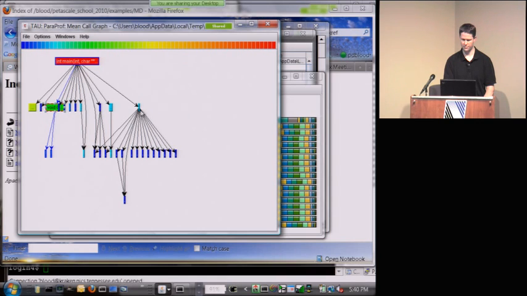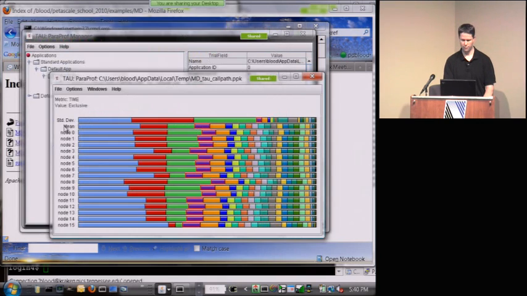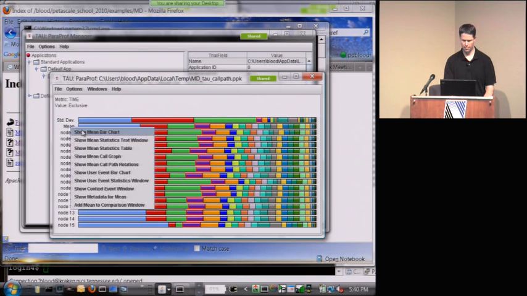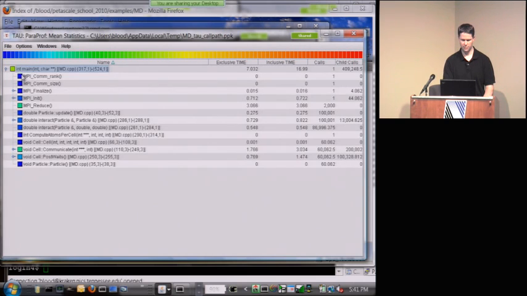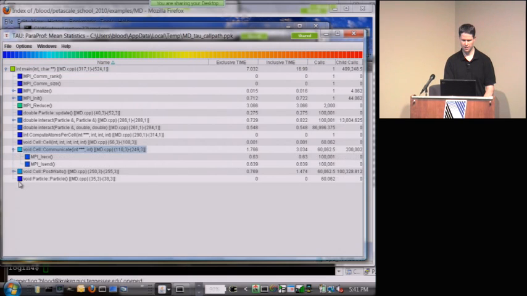Relationships between all these functions and how they were called. There's another view here. If you look at the statistics table now, before it was just all flat, but now it's going to be in a tree structure, so it starts with main. And if you click over here, then you see everything that's called directly from main. And again, it's color-coded, so you can home in on the hotspots in the code